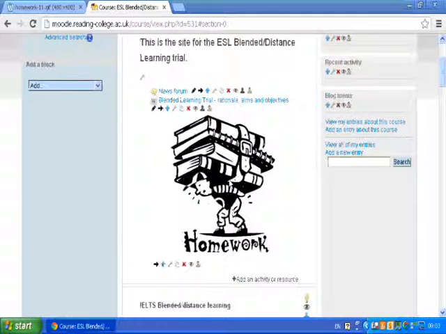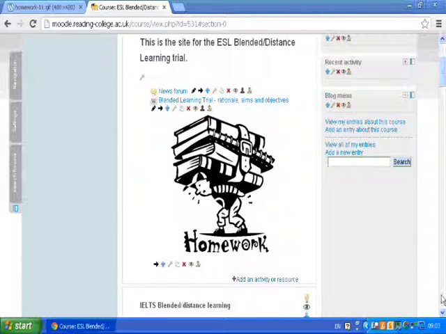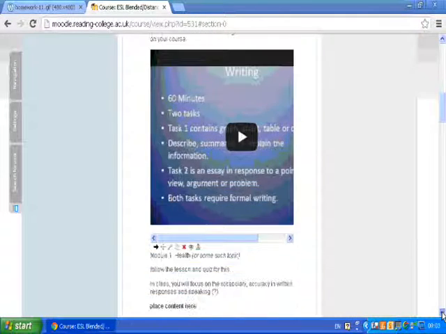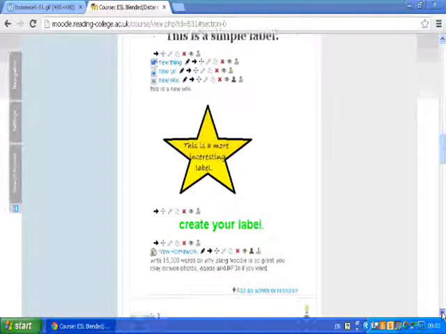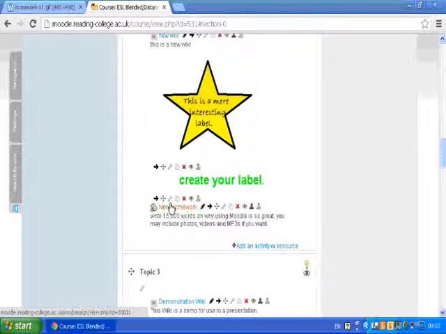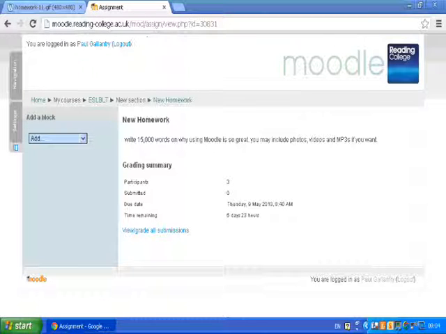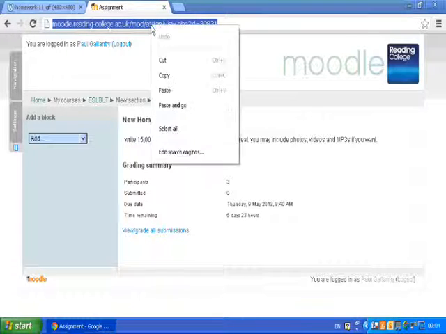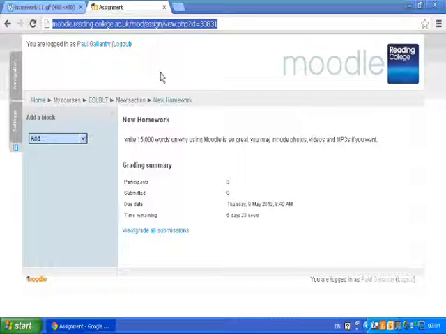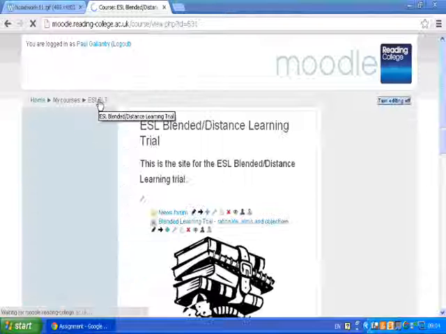So what we want to do is actually activate it to the piece of homework. And if we go down to the homework again, zoom all the way down here. Let me just open this up and show you what comes up in the address list. Now, do you see this here, up here, the address? That is unique to this given page. So what we can actually do is create a hyperlink to it. We highlight, we copy, and we go back to our picture